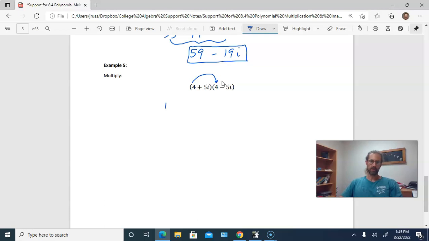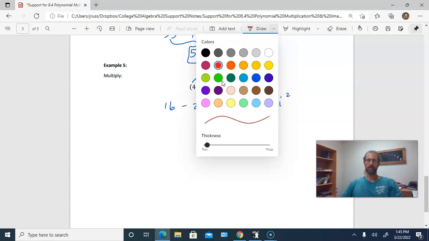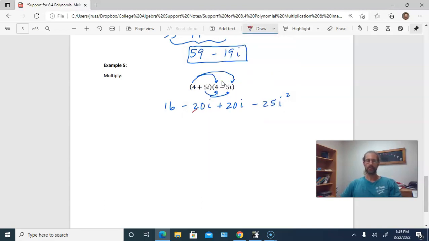So 4 times 4 is 16. 4 times negative 5i will be negative 20i. 5i times 4 will be positive 20i. And then 5i times negative 5i will be negative 25i squared. And what I was alluding to will happen is that these two imaginary terms, or numbers in the middle, guys, will cancel. Technically they give us 0i, but 0 times anything is 0. So we don't need to even worry about that. And so we'll be left with 16